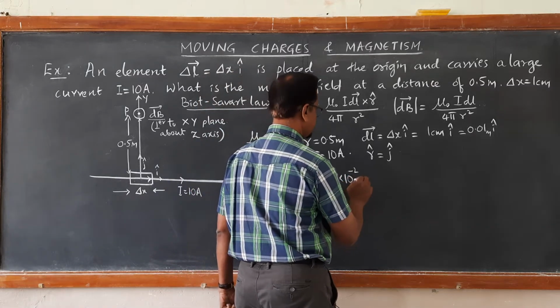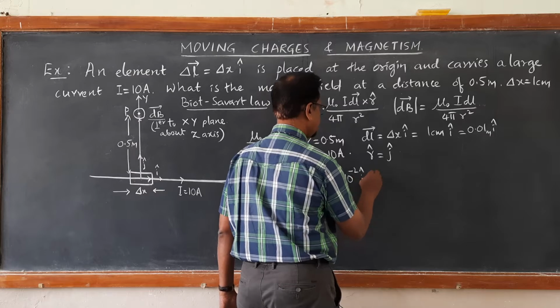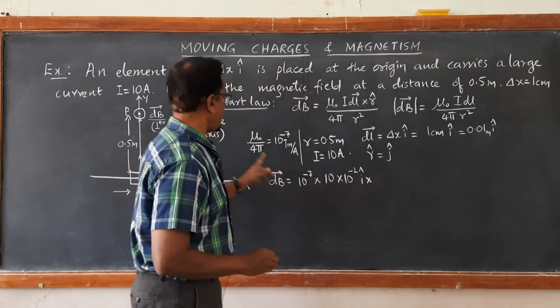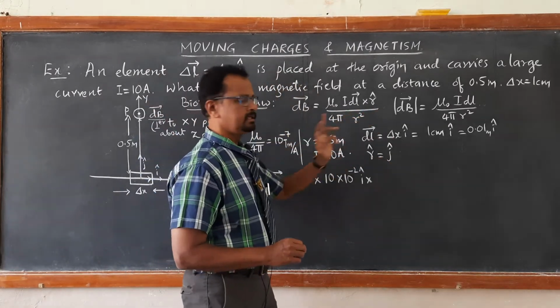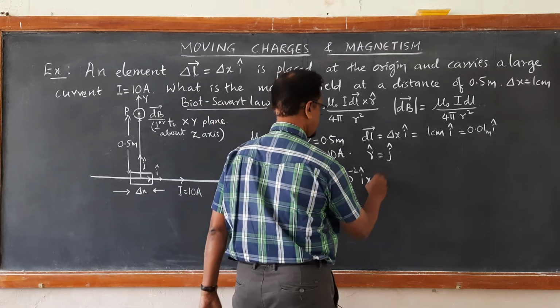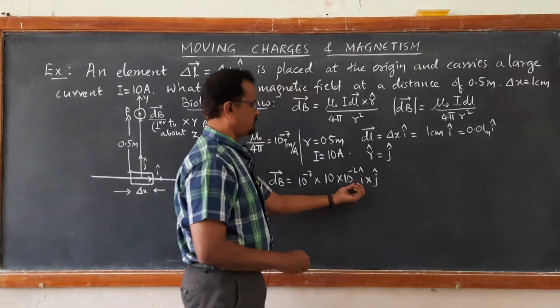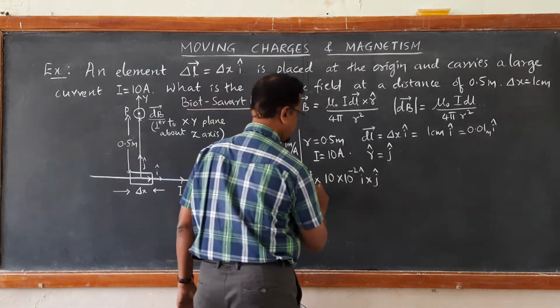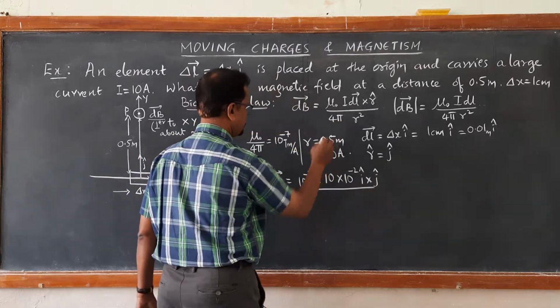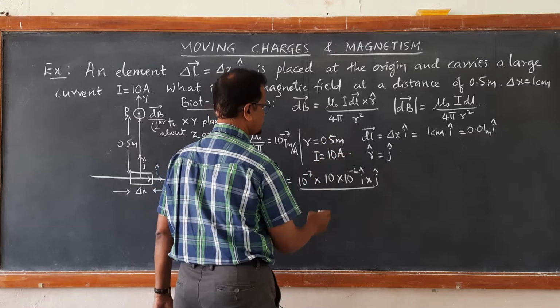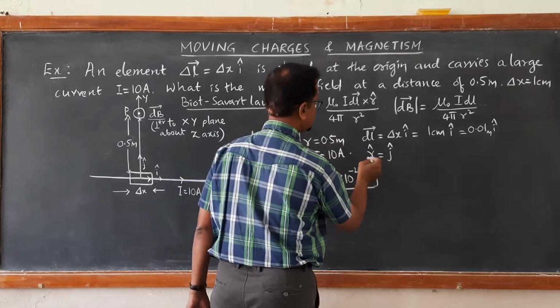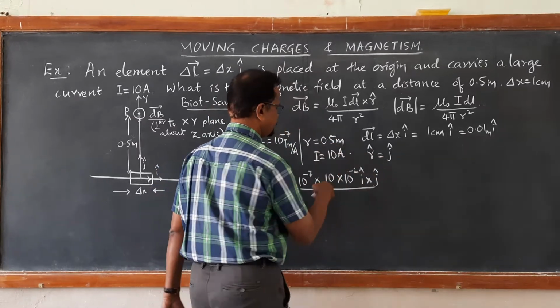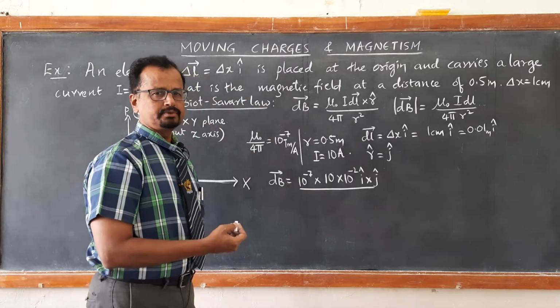10 to the power of minus 2, I cap cross, and you see R cap. R cap is nothing but J cap. So that's how we get I cross J whole divided by 4 pi. Already it is substituted. R square. What is R here? R is 0.5, 0.5 whole square. So 0.5 whole square gives us